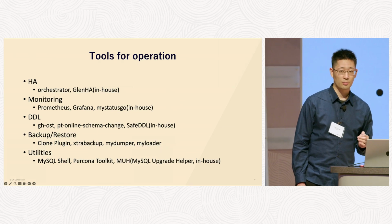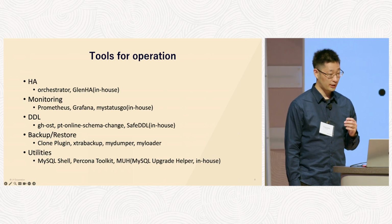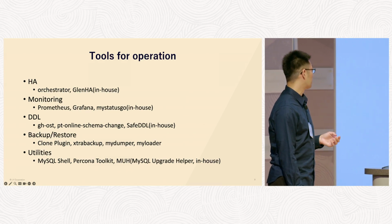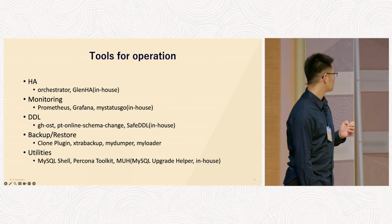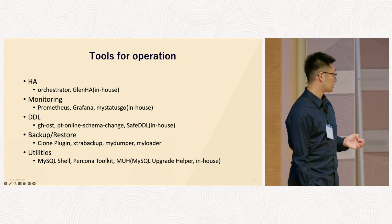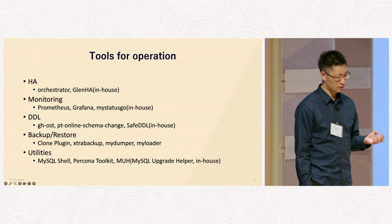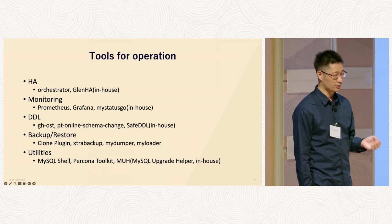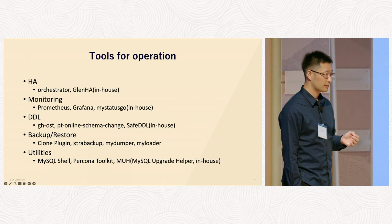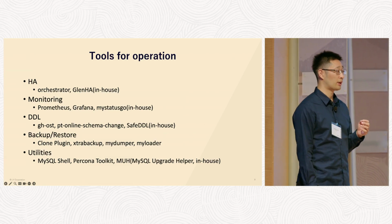And thanks to official and community third-party tools, we can keep our MySQL highly reliable. And for HA, we use Orchestrator and in-house high availability solution. And for monitoring, we use Prometheus and Grafana. And for DDL operation, we use gh-ost and PT Online Schema Change. And combining them, we are developing in-house safe DDL tools, which is named Safe DDL. And for backup, we use Clone plugin, XtraBackup, and MyDumper, MyLoader, and also dump instance command with MySQL Shell,